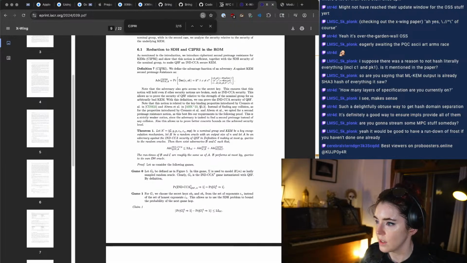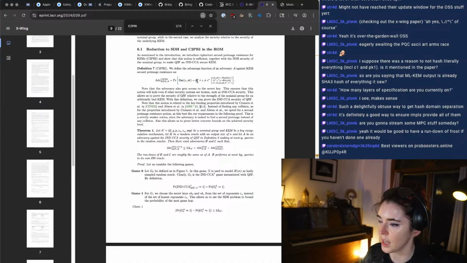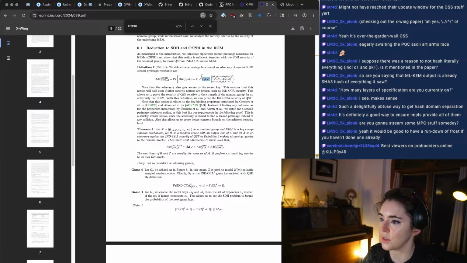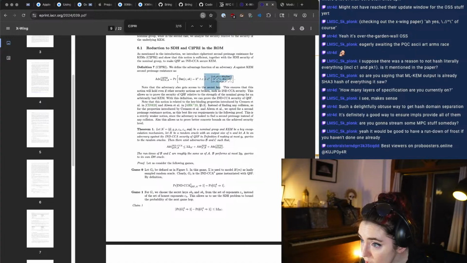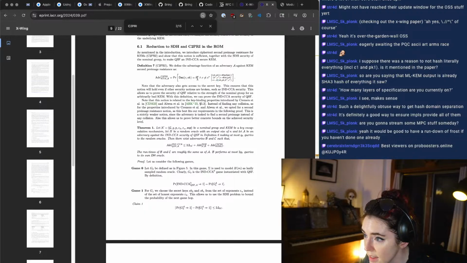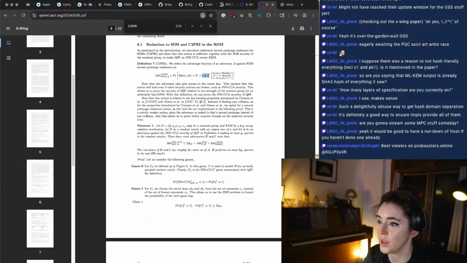So, second pre-image resistance is basically, once you decapsulate your ciphertext and it equals K, can we make sure that there is never going to be a different ciphertext that would allow you to compute this? So if you see here, we do an encryption to another C star. Now if we give the adversary our whole keying material and the shared secret and the ciphertext, can the adversary guess